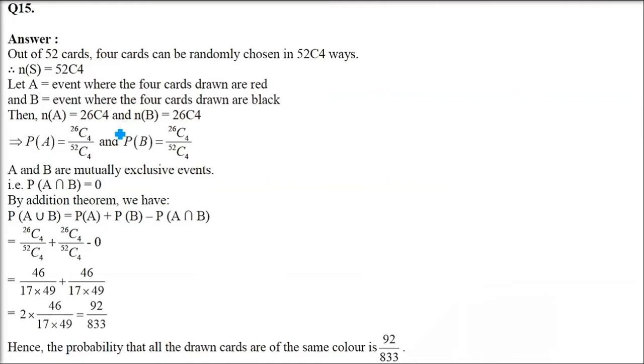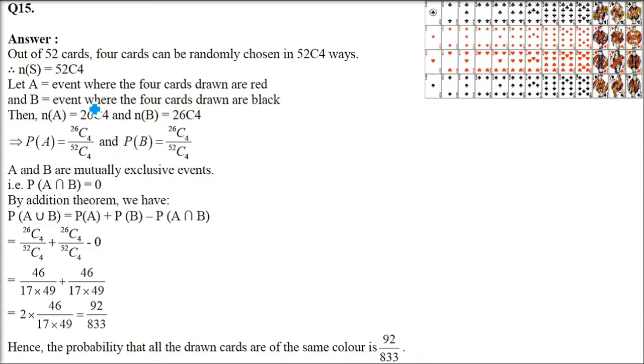Now next is the 15th. From a well shuffled deck of 52 cards, 4 cards are drawn at random. So 52 drawing 4, so 52C4. This is your denominator. Okay, so we'll do it by the addition theorem. We have already done this question in the previous exercise, but here we are going to use the addition theorem. As I said, 52 cards are there, and we are going to choose 4. So 52C4 is going to be in the denominator. This is the total number of cases. Now for getting the favorable cases.